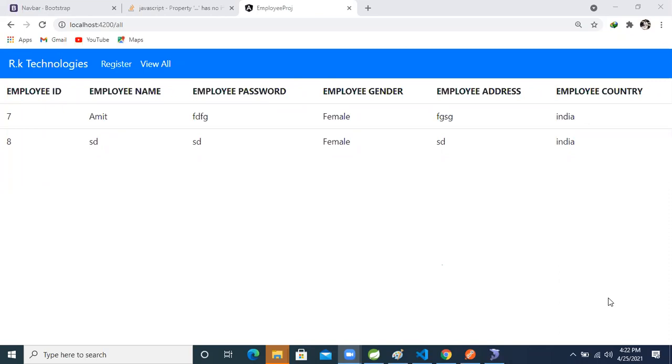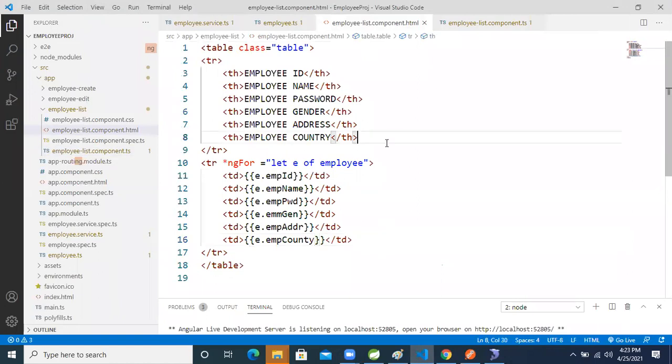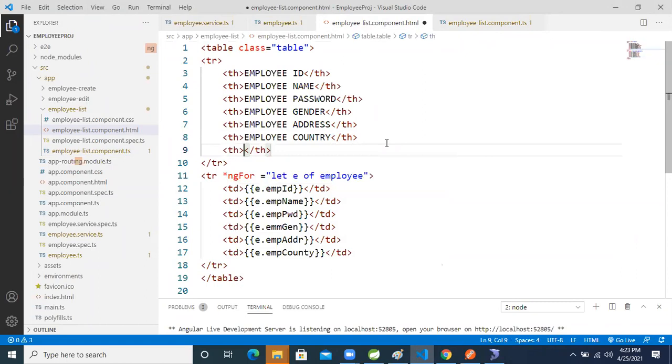First, we will add one more field in our employee list HTML. I'm creating a th, and inside that I'm giving the heading operation.